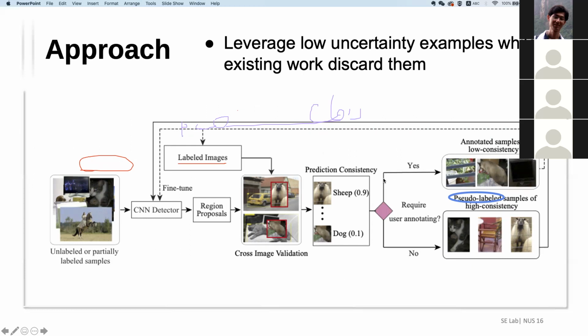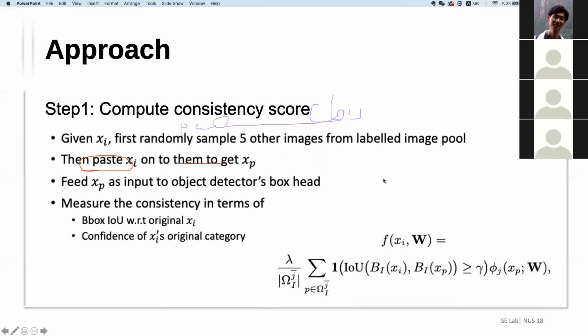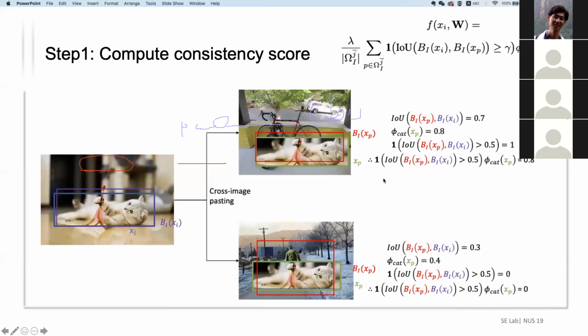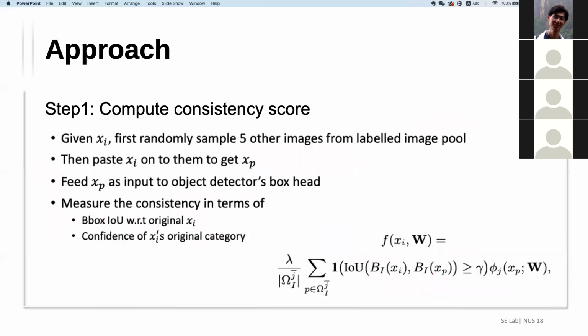Oh, can you go back to the next slide? Next slide. Okay. Here we already have this one, right? So given xi, we already have this point. So in that case, xi is images, and proposal. xi is the proposal. W is weight, the classification weights. Okay, let's go back. Next one.